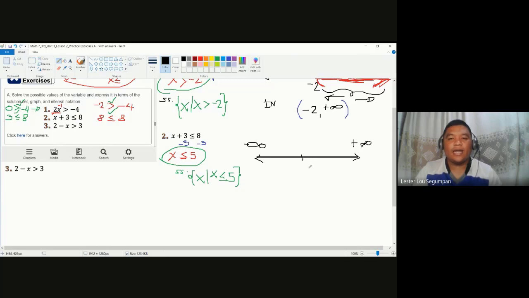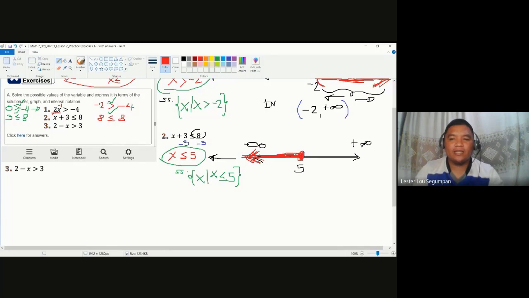It's centered not at 8, because the expression here with 8 on this side is not yet the proper linear inequality form. This is the proper one. So it's not 8, it should be positive 5. It goes to the left as the linear inequality symbol points towards the left. Shade here, arrowhead, to make it better, right? And then, since we have an equal symbol here based on our given, we include 5